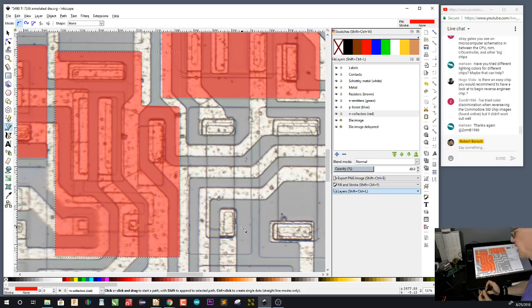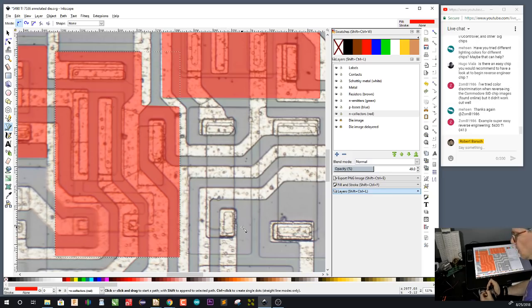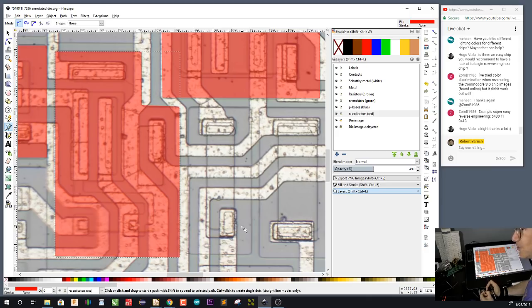But I've actually found CMOS a lot easier to look at than PMOS and NMOS, simply because they had to do weird tricks in order to get PMOS and NMOS to be fast enough. CMOS is where it's at. So anyway, if you're looking for TTL, definitely a 7400. If you're looking for CMOS,